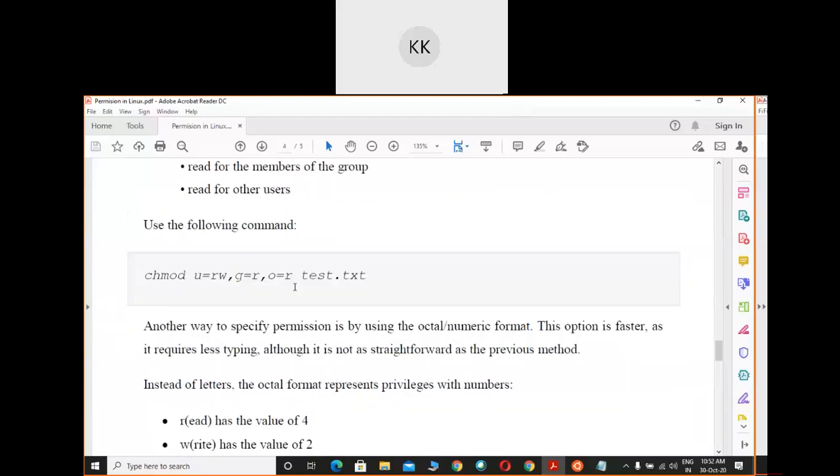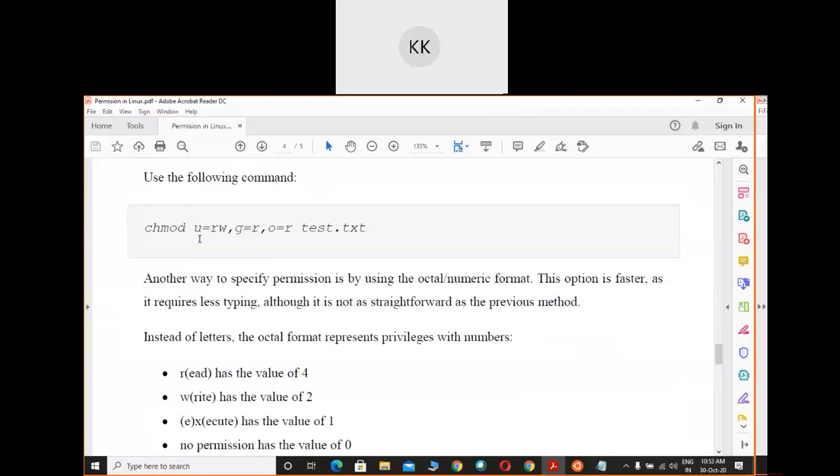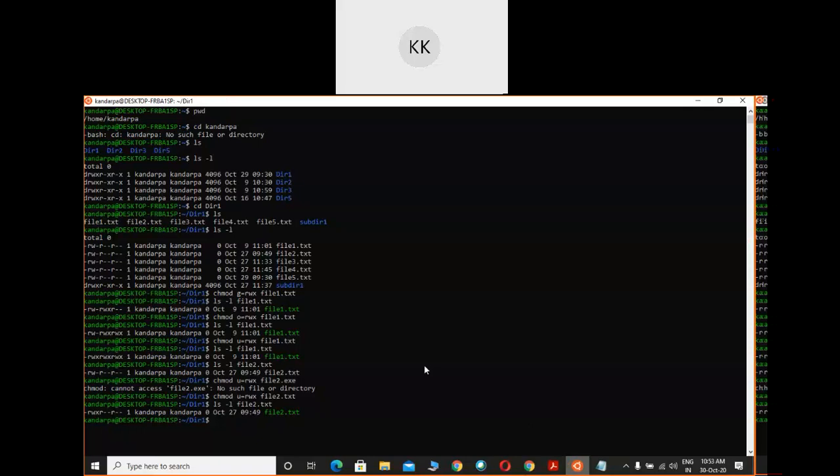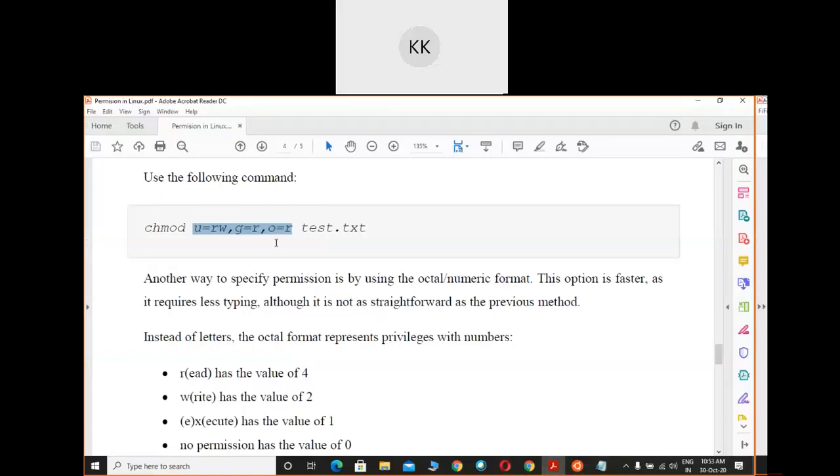To set permission as in the previously mentioned way, you have already seen this. No need to go for it again. You can go for a particular one also in this way: user with read write, group with read, and others with this one. So in this way, I am assigning the permission in a bunch for everyone, but you can go to a particular one also.